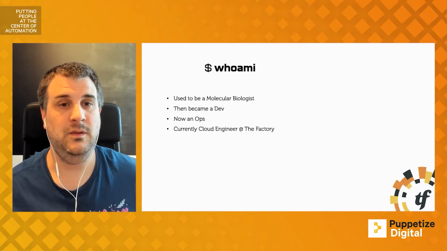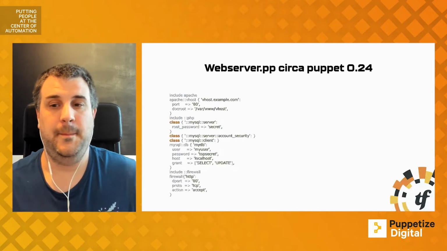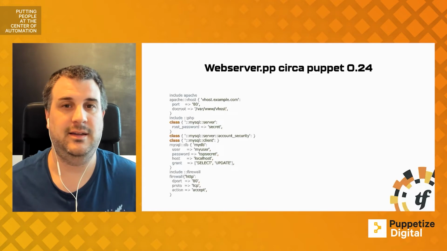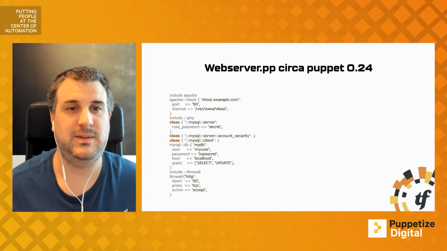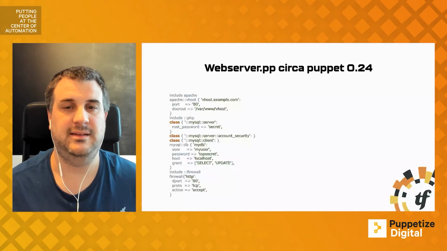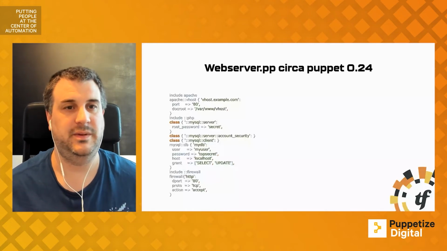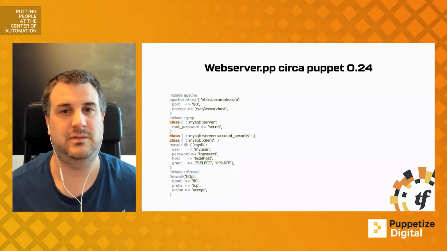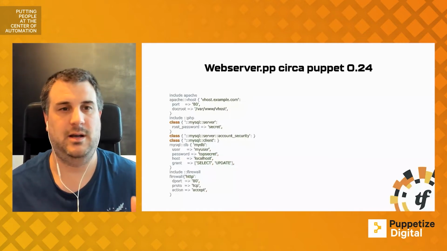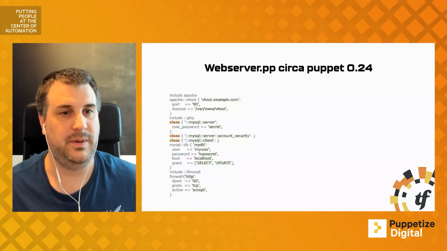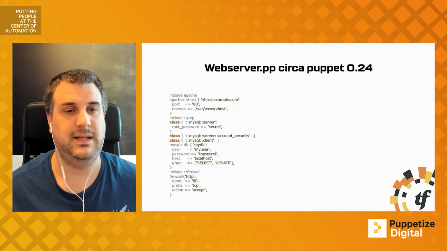And today we'll be discussing how Puppet code developed through the ages. I started with Puppet around 0.24, and how we used to write code was a little bit like this. It was quite procedural, where we basically started off with, I need an Apache web server, it needs some form of runtime, so let's install PHP. Oh yes, it's a WordPress, so we'll dump in MySQL as well. It will probably need some